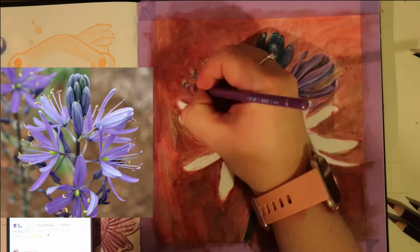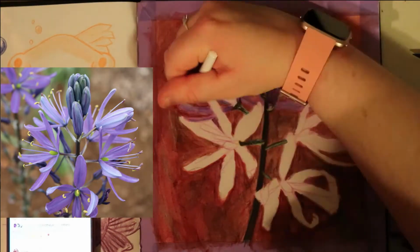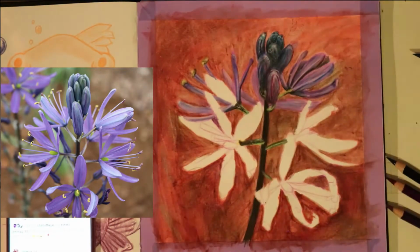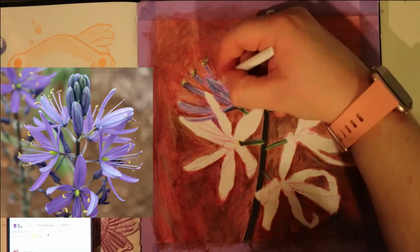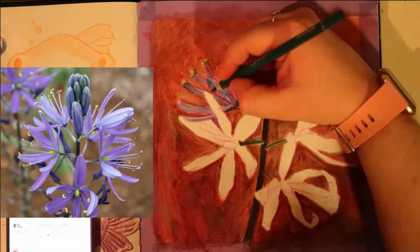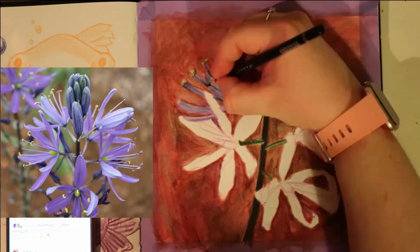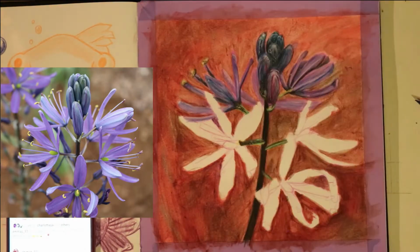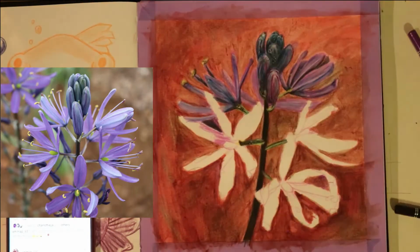But yeah, like I say, I'm just doing the petals, and trying to get the pollen as bright as I could was quite difficult because I had gone over the lines of where my sketch was with the background colour. I did go back and neaten it all up a little bit later on. And this petal that I'm doing currently right now, I went a bit too heavy with the blue, I think. So I did brighten that one up at the end, but that one had a lot more blue to it